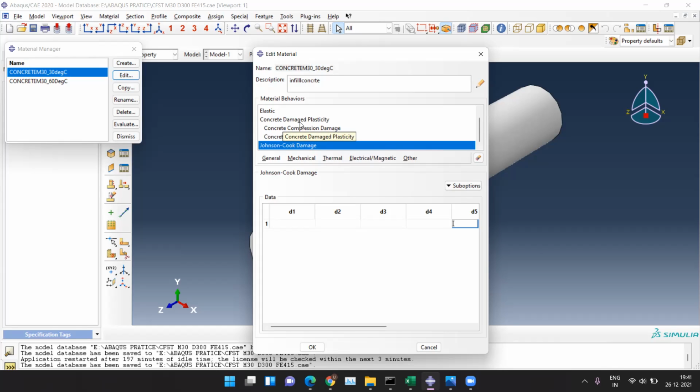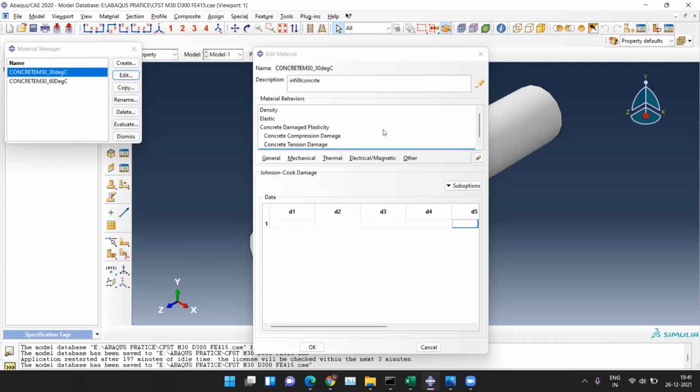So in steel, I would like to ask one doubt. In steel, I again have to give the elastic property, the density, and then I have to go for plasticity. Afterwards I have to add the Johnson Cook damage. Am I right, sir? Yes, sir.